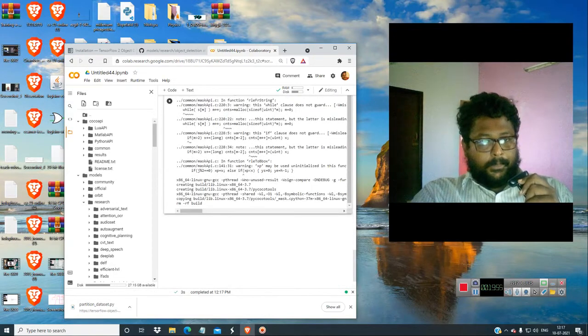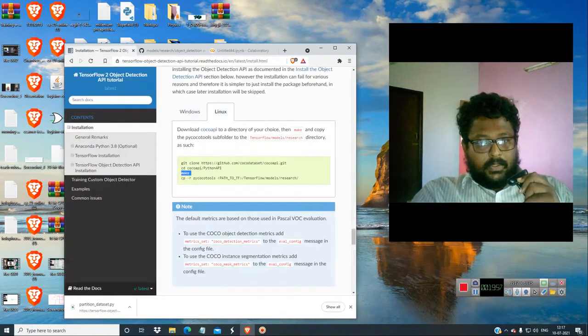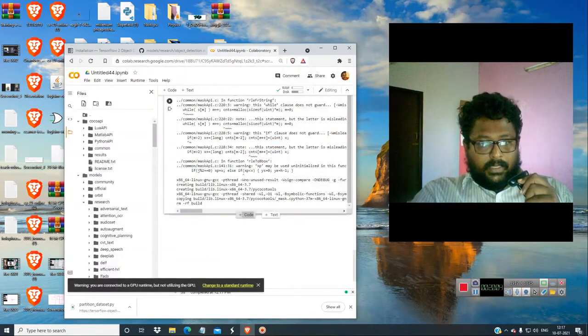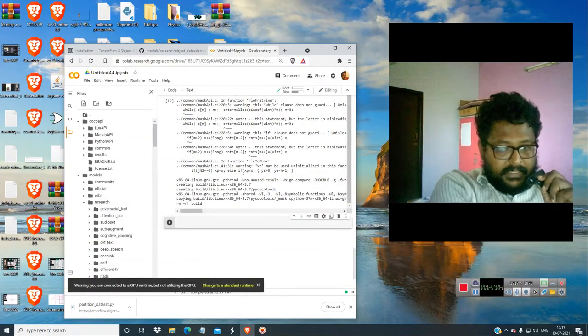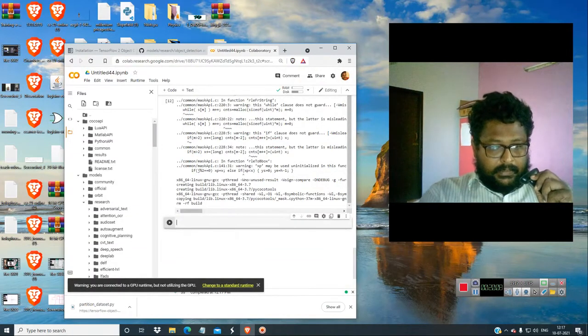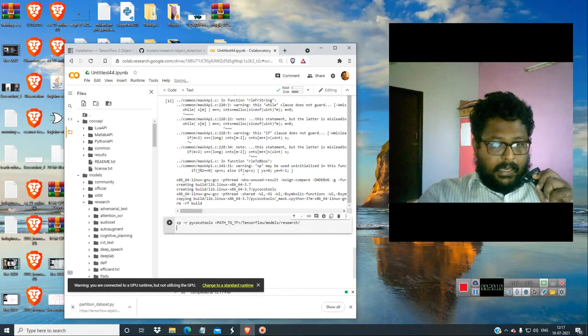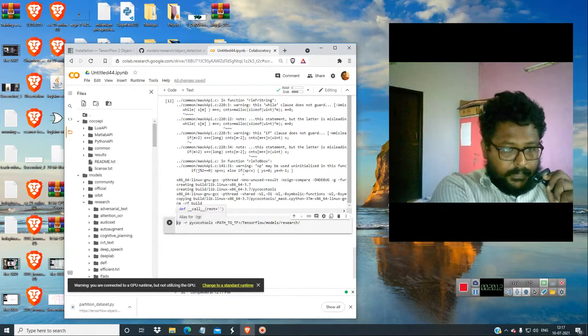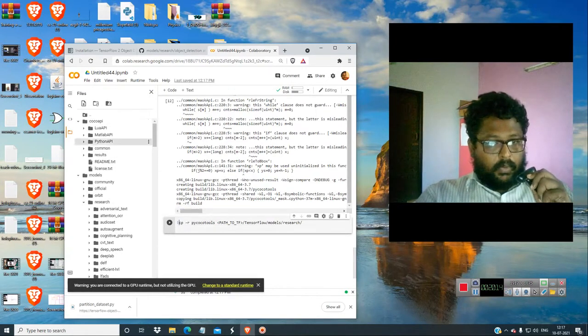Okay, make is finished. So now you have to copy pycocotools to this research folder. Get over here and just paste it, and just type this. So where is this pycocotools?